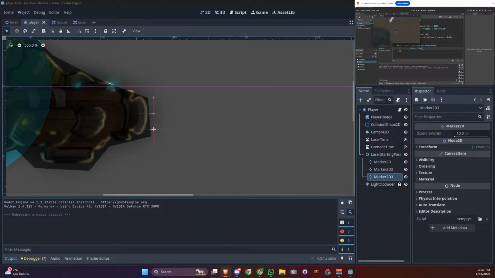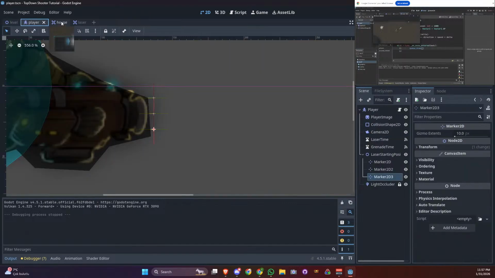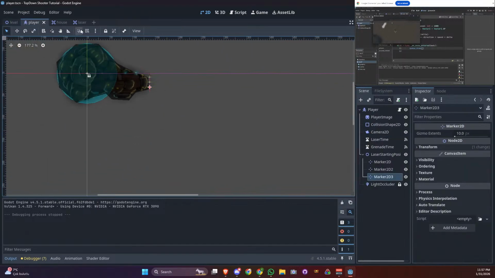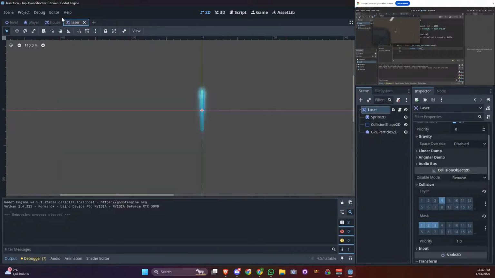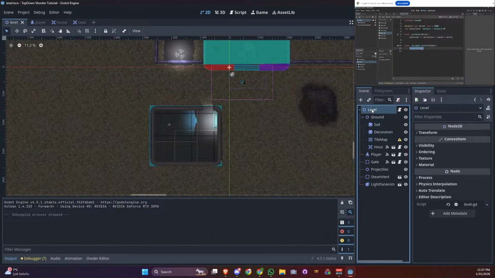The same works with the tree. This is destroying a node, and that is exactly what we want to do. If I run the game and I shoot at a wall, the laser simply disappears. The same works with the steam vents, and the same is going to work with these walls as well. With that, we have covered the first part, that now the laser is going to disappear once it collides with